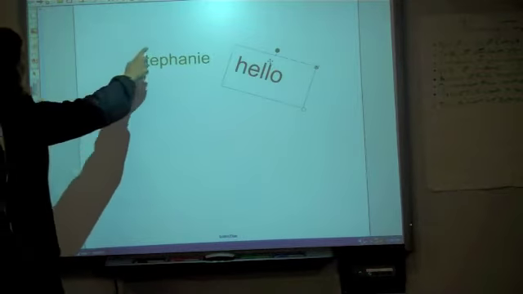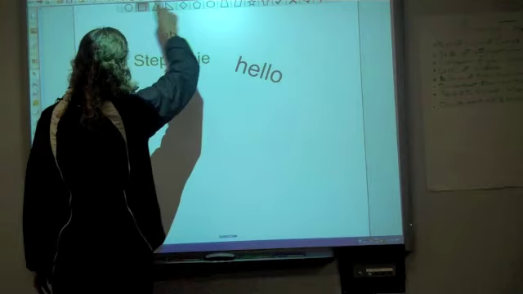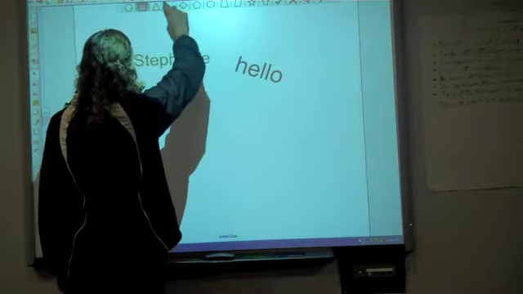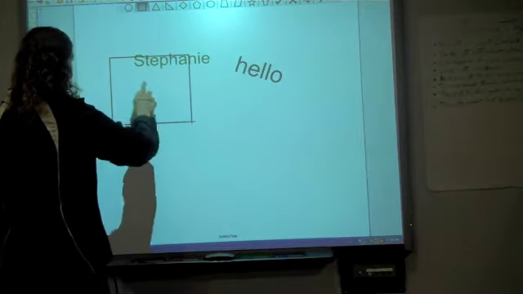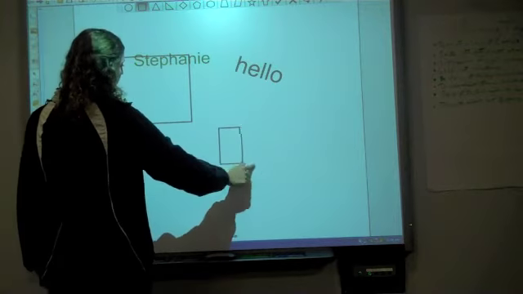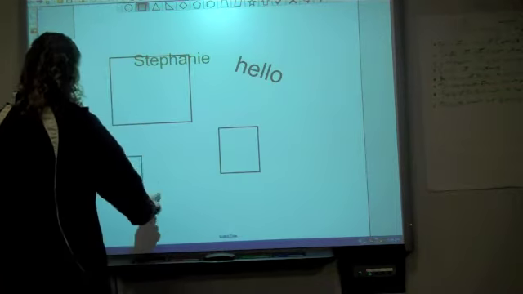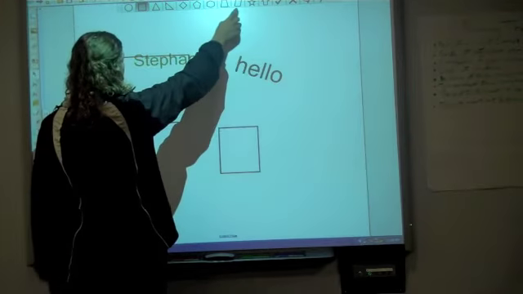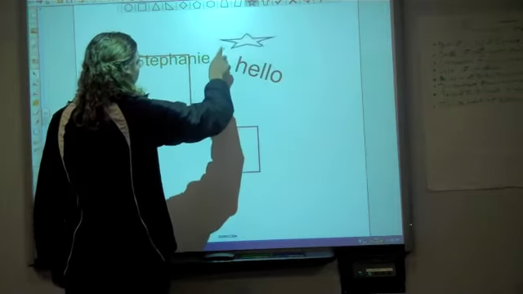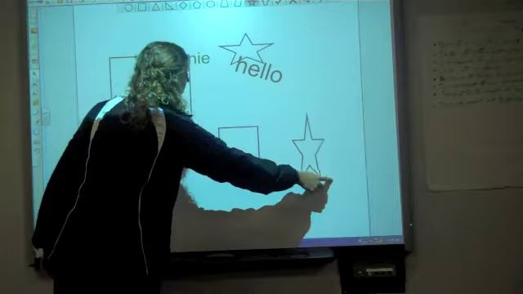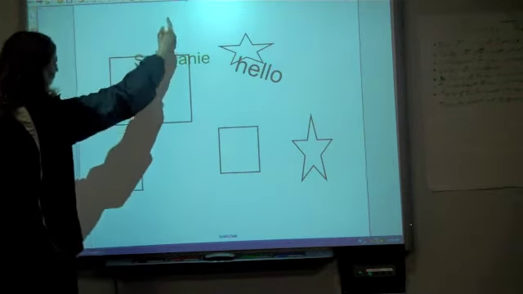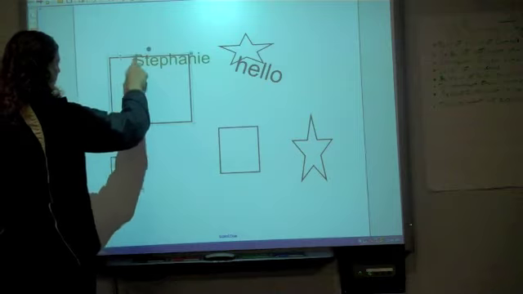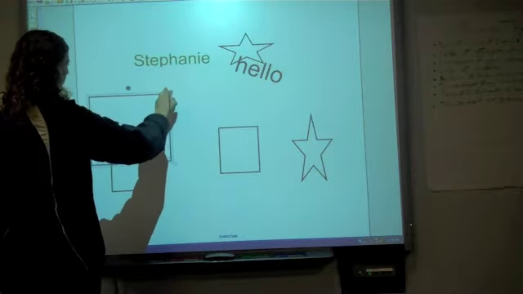get an object. You can go up here and grab a shape or something. We'll do a square and then you just draw it anywhere on the board. And you can draw a couple of them. Star, make a star. And then you go back to your mouse clicker and you can click on the object, drag it around, and